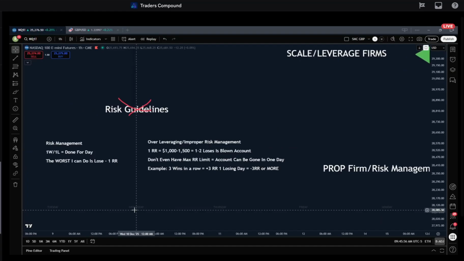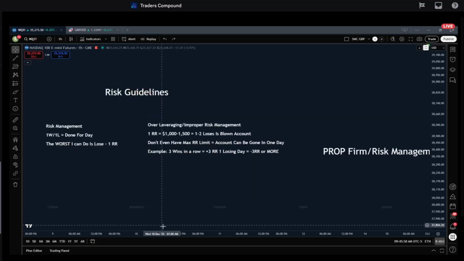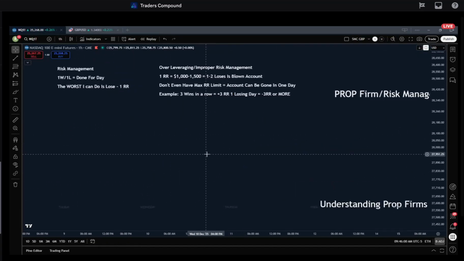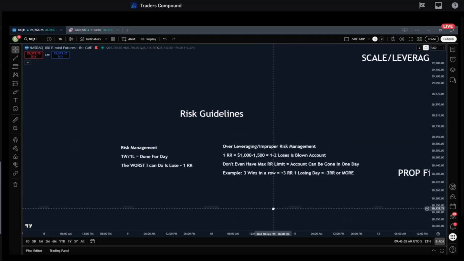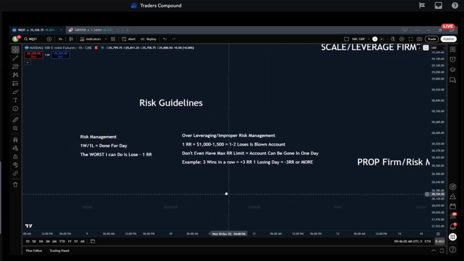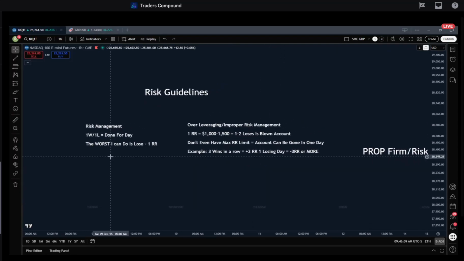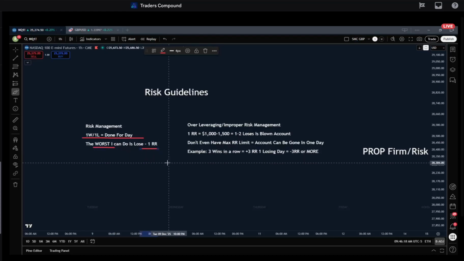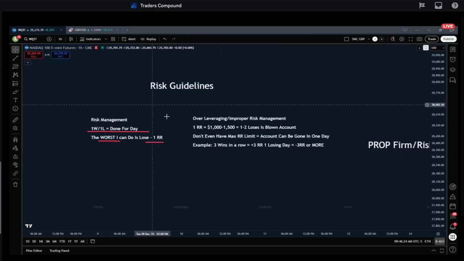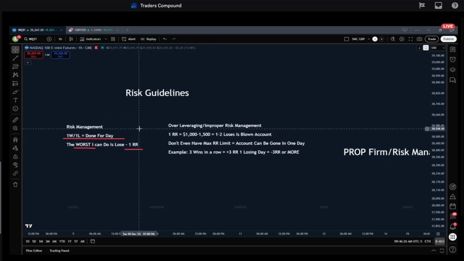So I risk $650 to $700 per day when I'm trading with CISDs and lower risk executions at this higher win rate, right? And if I take one loss per day, I am done. The worst that I can do is I can lose $650 on the day, right, per account. So what does that look like, and how does that differ from a lot of traders? Is I have a floor for myself.